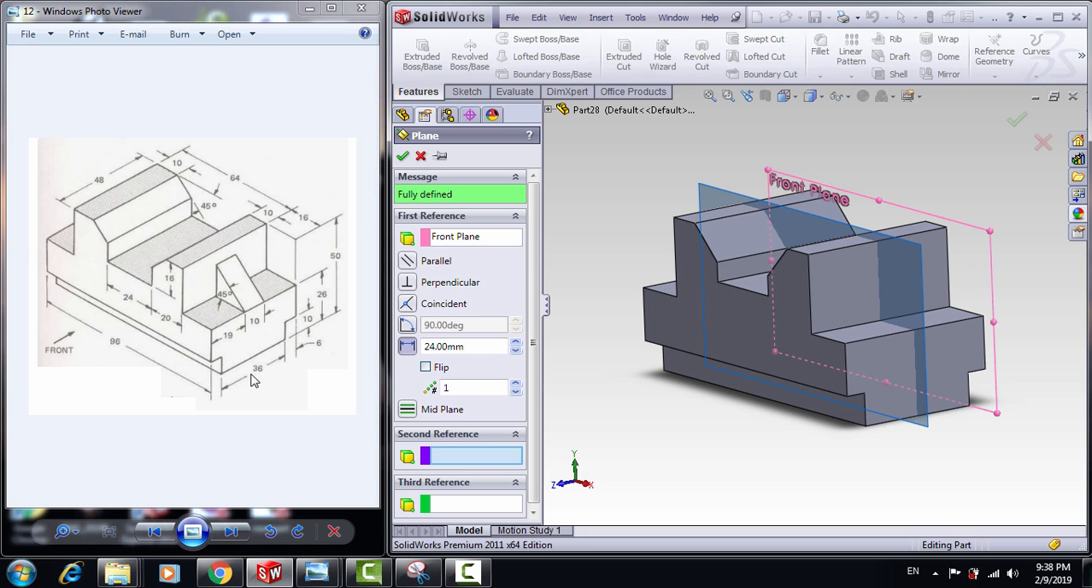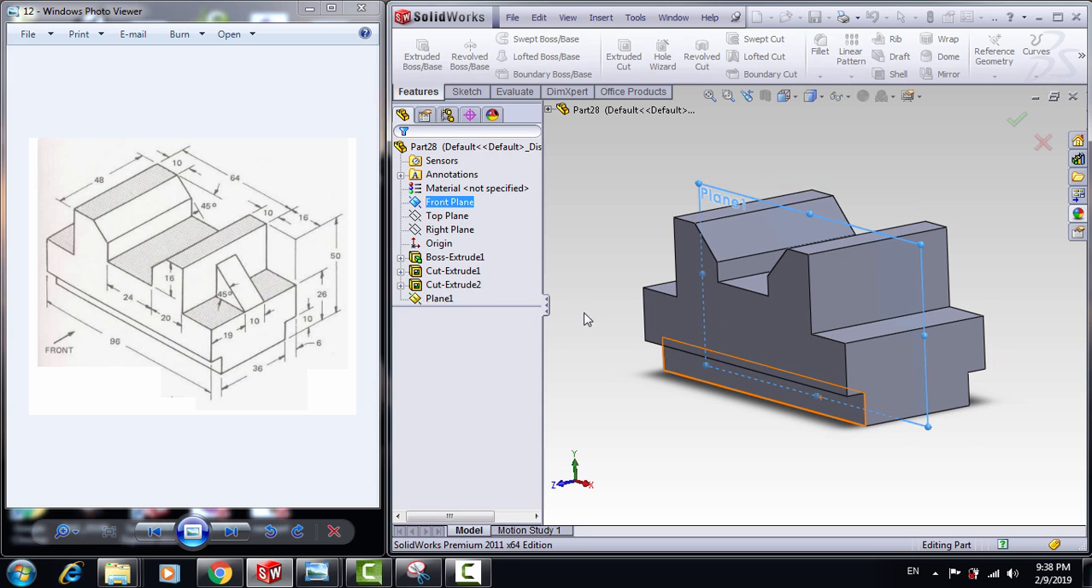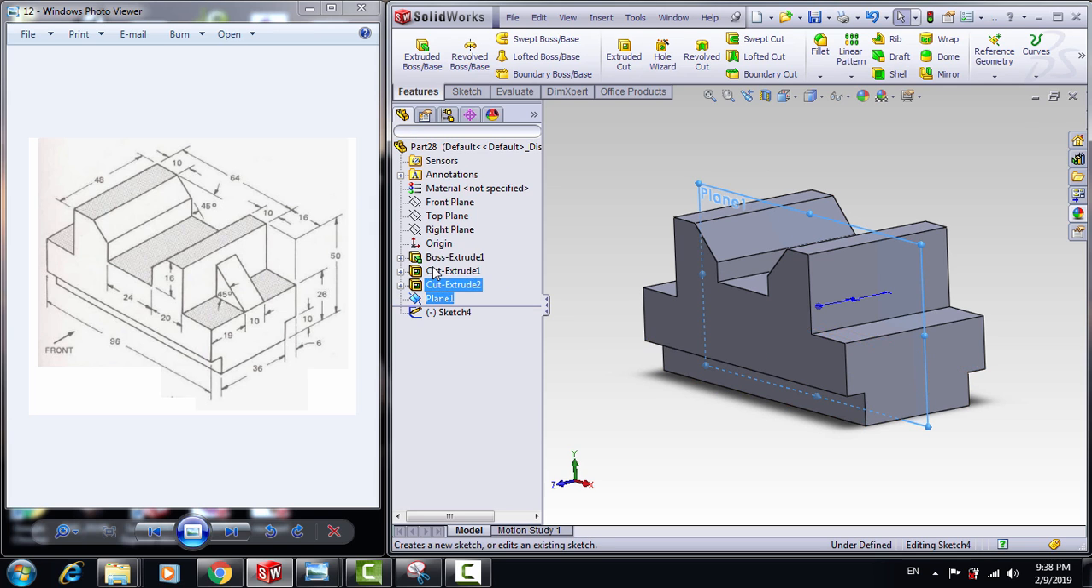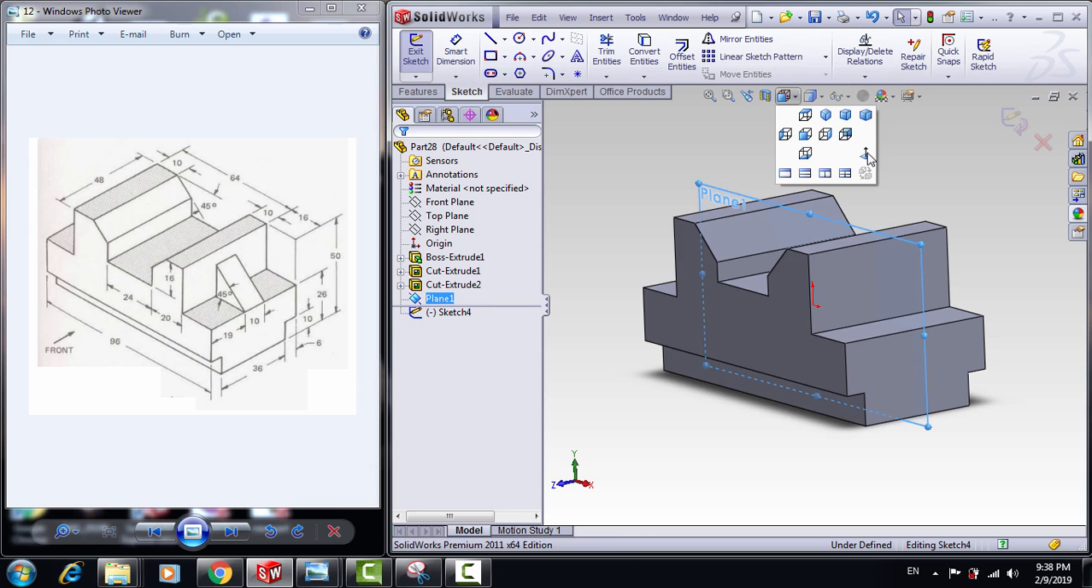So this is 36 plus 6 is 42, and 42 plus 6 is 48. 48 divided by 2 will draw the plane in the middle. So click OK. Now we choose this plane and create sketch, Normal To,